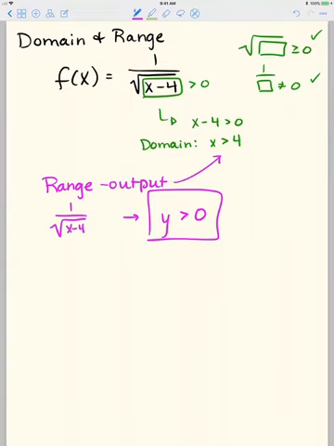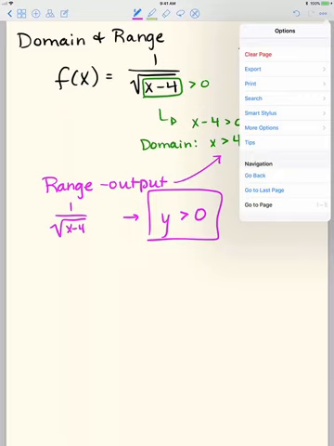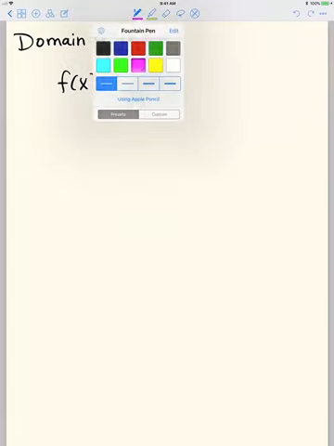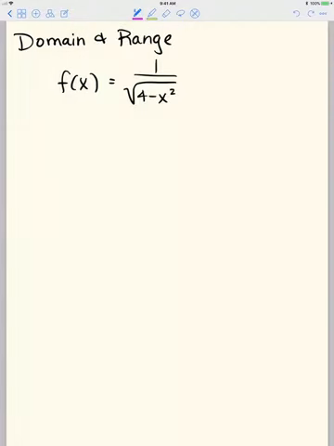All right, for a separate example, we have a function where it's 1 over 4 minus the square root of 4 minus x squared. The domain finding of this will be similar, the range not so much. So for this one, same thing as before. We have a square root, but we also have it in a denominator. So whatever is under that radical has to be set greater than 0. So if we do 4 minus x squared greater than 0, so this is for domain,